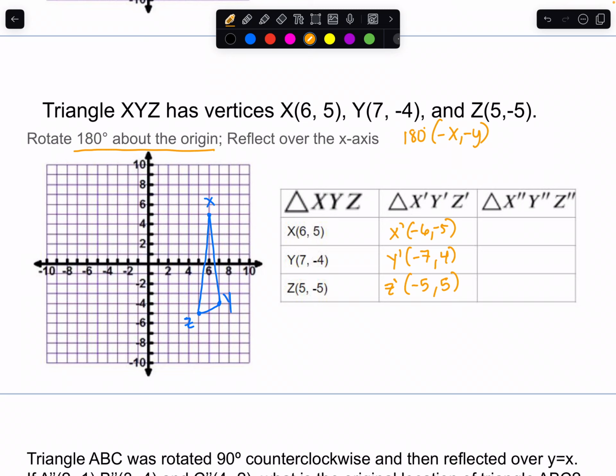Now, opposite to a 180-degree shift would end up leaving us somewhere on this side, because they're on the exact opposite quadrant. Now, once I do a rotation of 180, let's plot those points real quick. Negative 6, positive 5. This is x prime. When I do negative 7, 4,